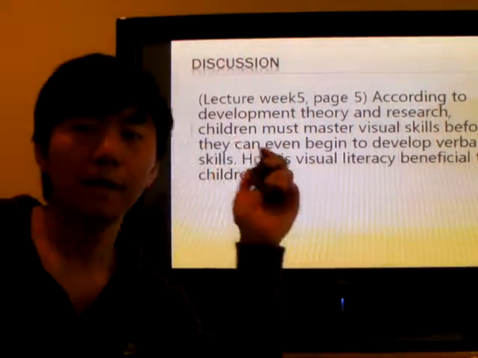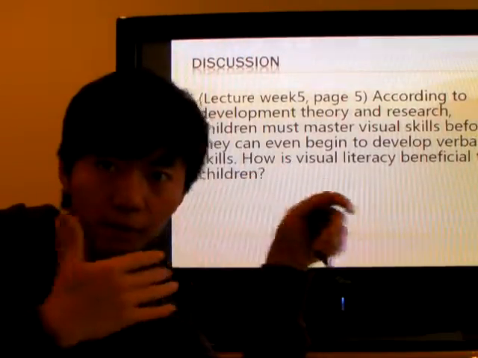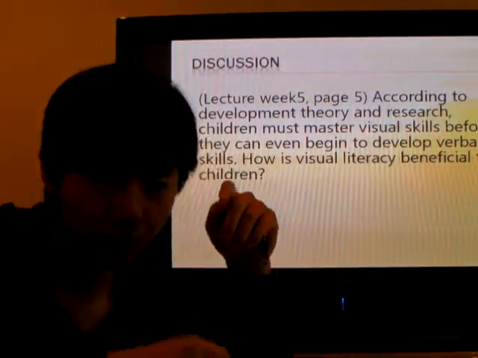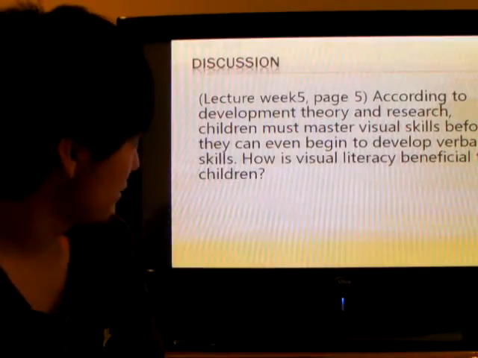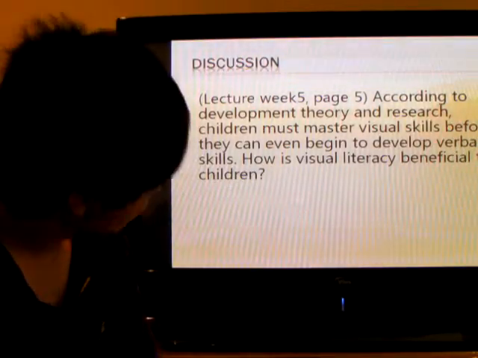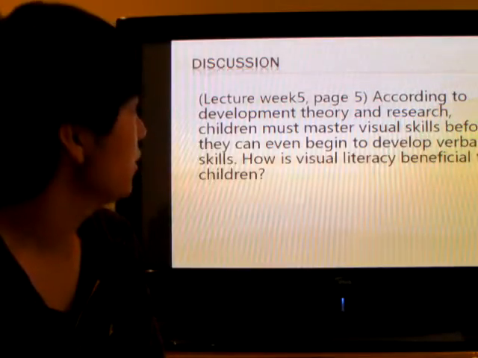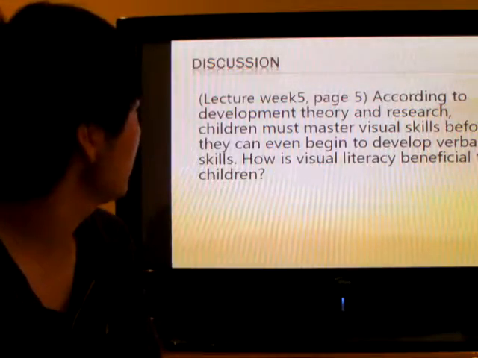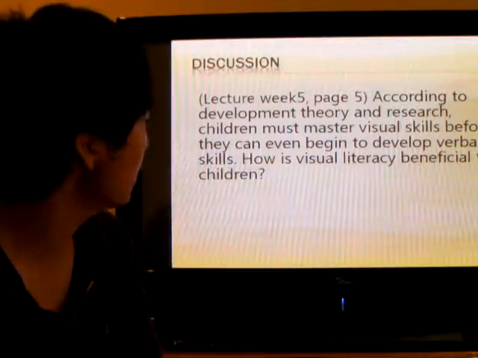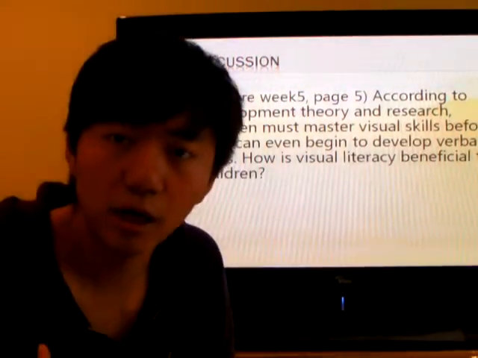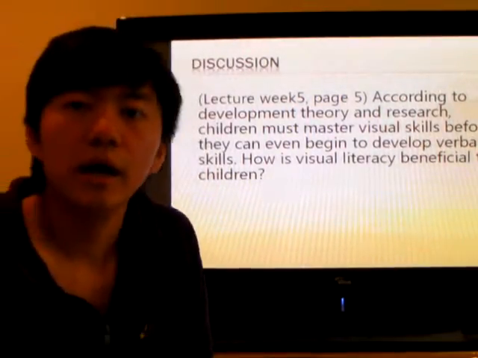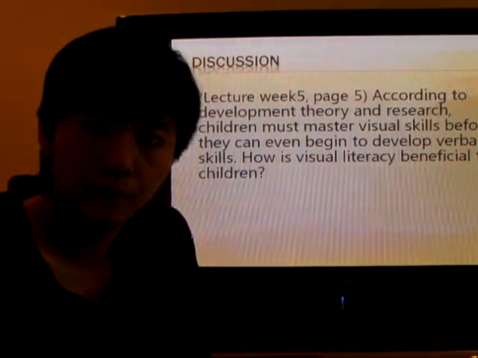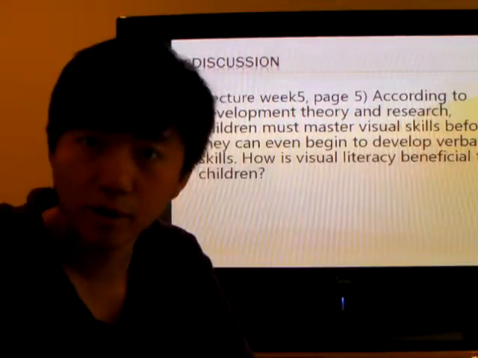There are many cases in the lecture notes, week 5, page 5. I just thought about a question, which is: according to developmental theory of research, children must master visual skill before they can even begin to develop verbal skill. How does visual copywriting affect children? I mean the kids. And the next one is the copywriting